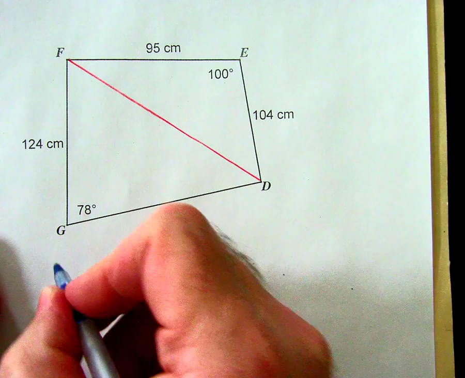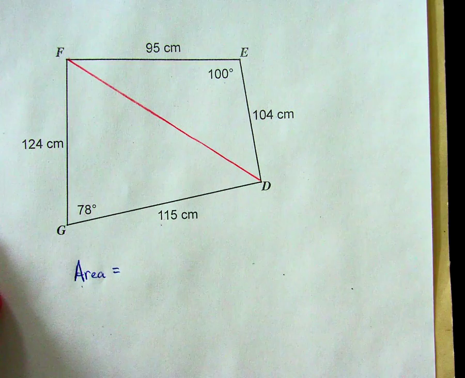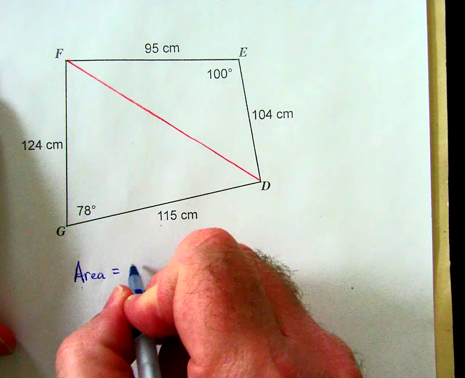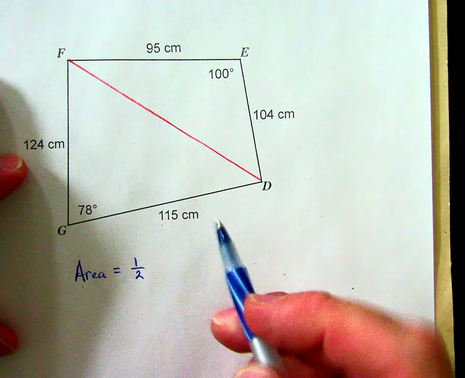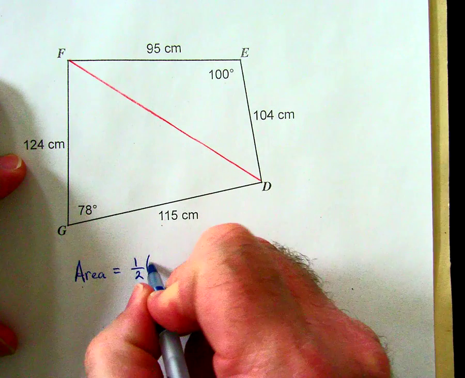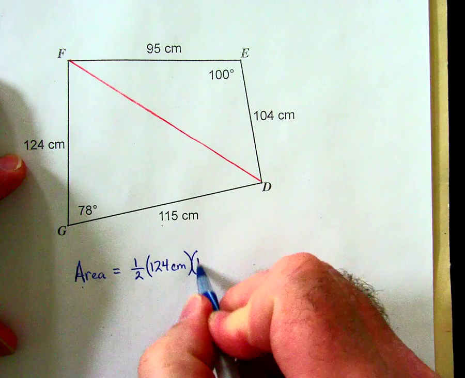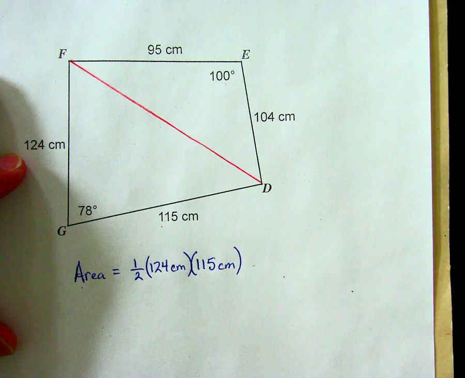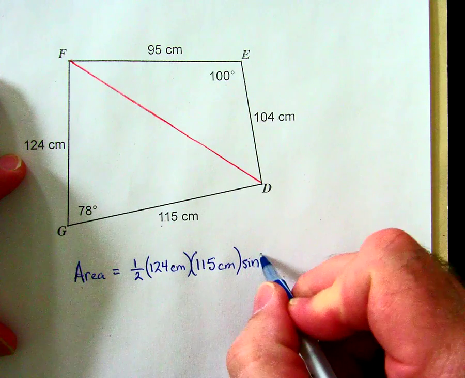So I'm using the same formula, but using it for each triangle. So I'm going to have 1/2 times, let's do this triangle first, 124 centimeters times 115 centimeters times the sine of the included angle of 78 degrees